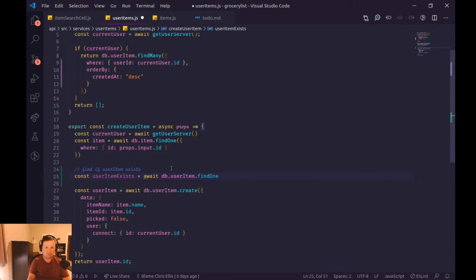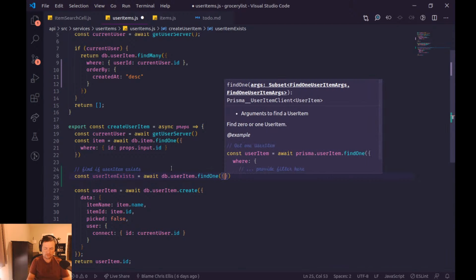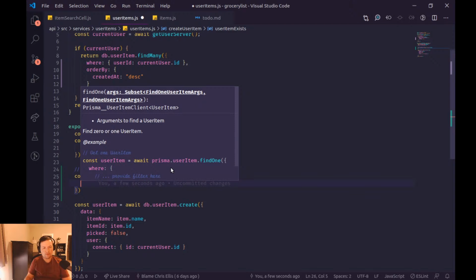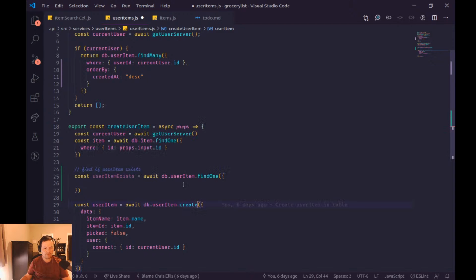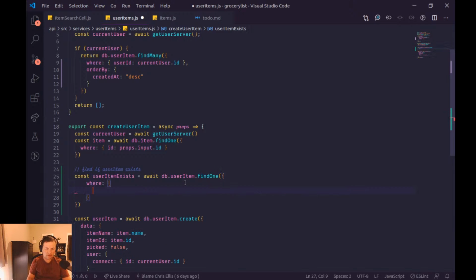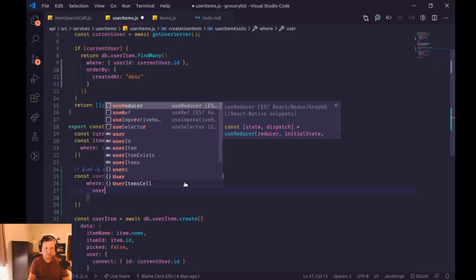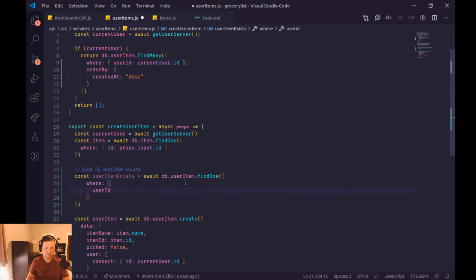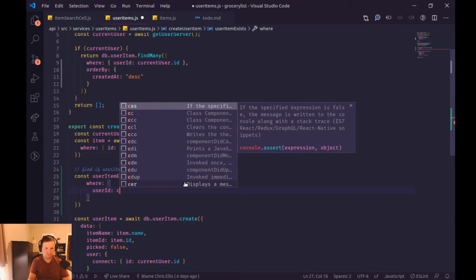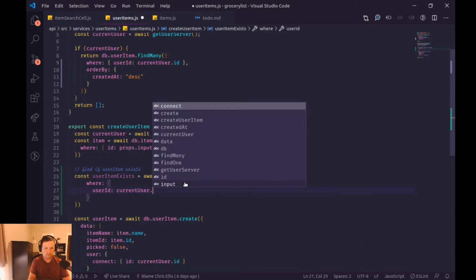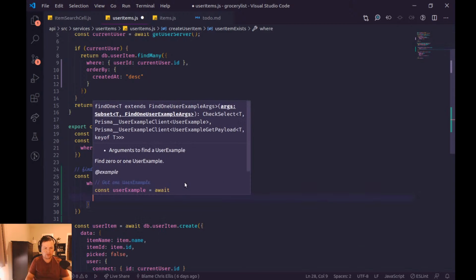Let's just find one, because it's the difference between going through the whole collection. Where, so we're going to be looking on the user ID, current user ID, and then also